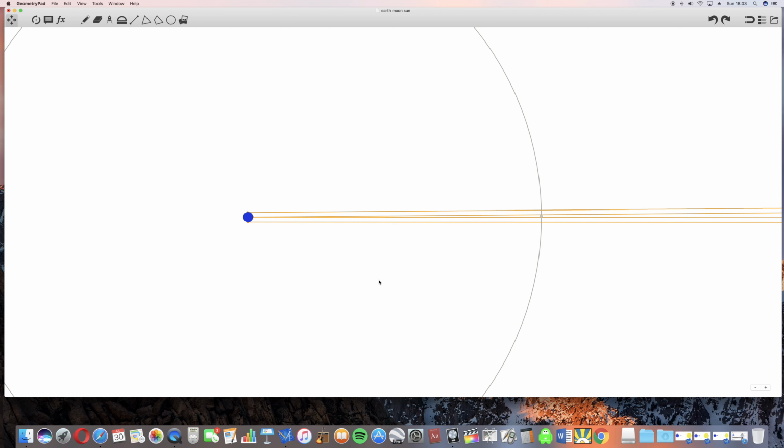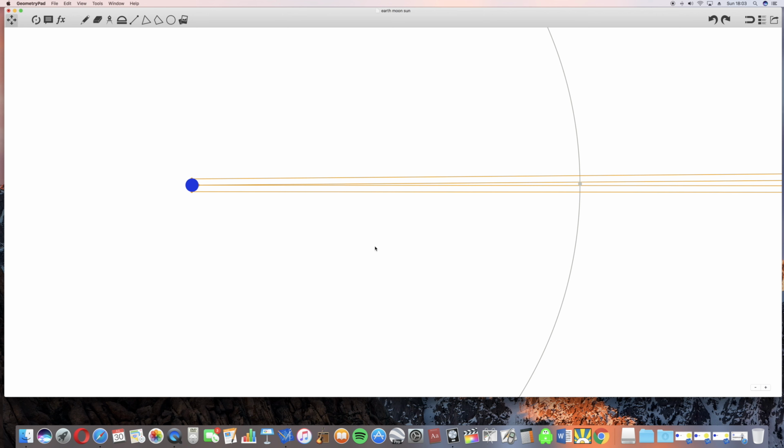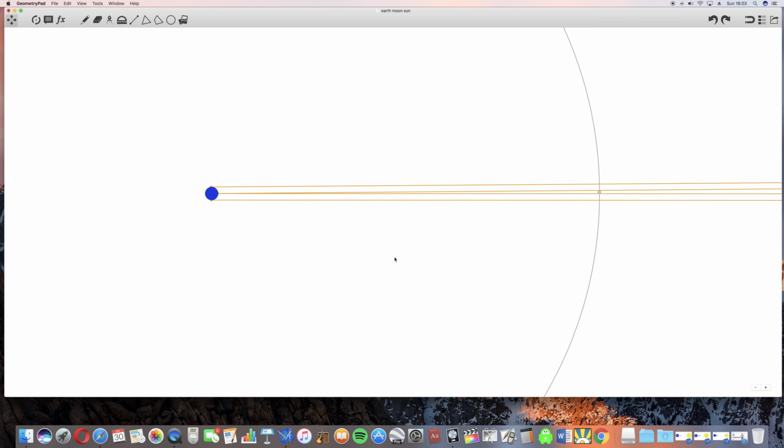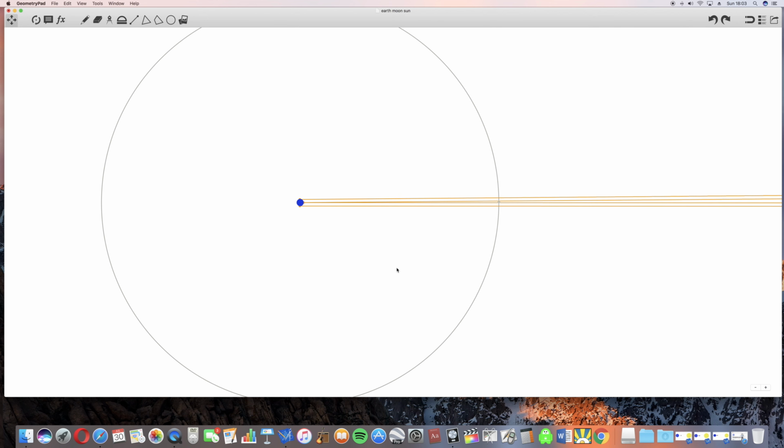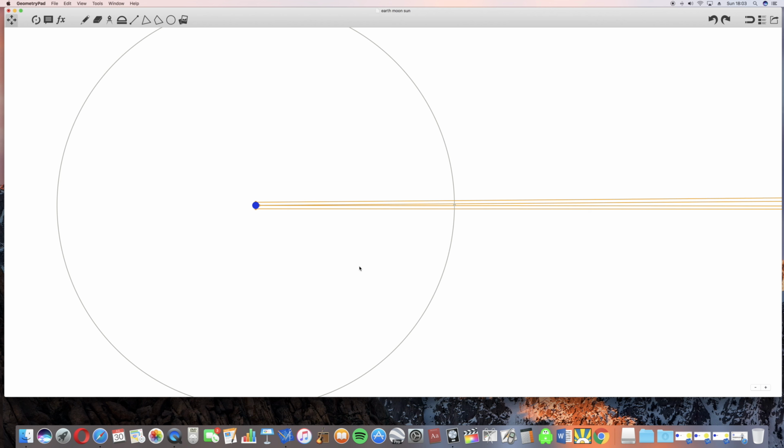Right. So here's the Earth and Moon system again. Now, let's think about a couple of things. There are two things: something called angular speed and something called translational speed. So angular speed is if